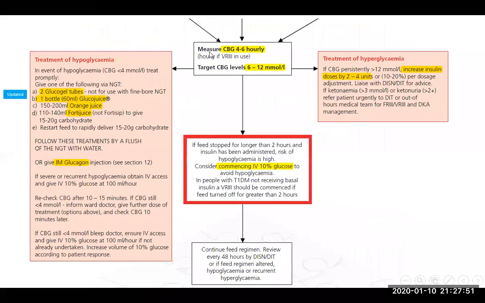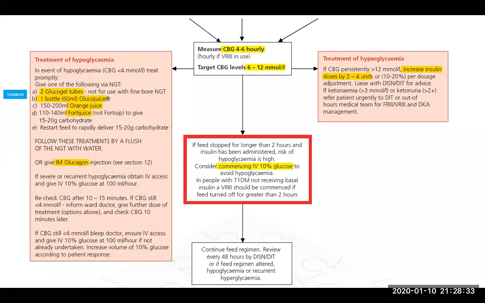How to manage? Of course, the blood glucose must be measured every 4 to 6 hours, and our target is 6 to 12 millimole. If the patient is hyperglycemic, what are the options? Increase the insulin dose by 2 to 4 units. If already on a premixed insulin, we must increase the dose by 2 to 4 units, or 10 to 20% per dosage adjustment. And of course, we must check for DKA by ketonemia more than 3 or ketonuria plus more than 2. In this situation, we must refer this patient urgently to